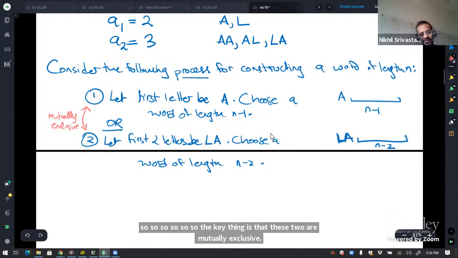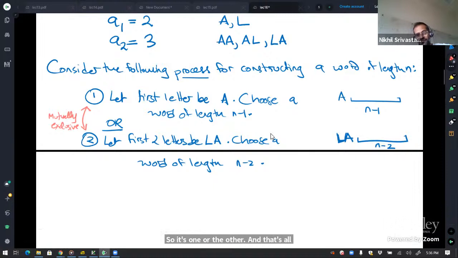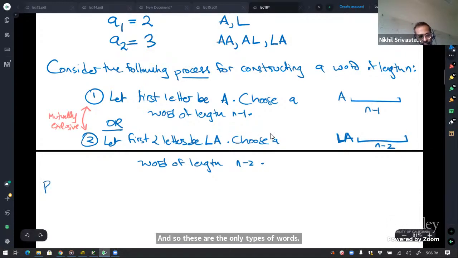So it's one or the other. And that's all the words. Right? There are no other words. Every word begins with either A or L. And so these are the only types of words. And so by the sum rule,